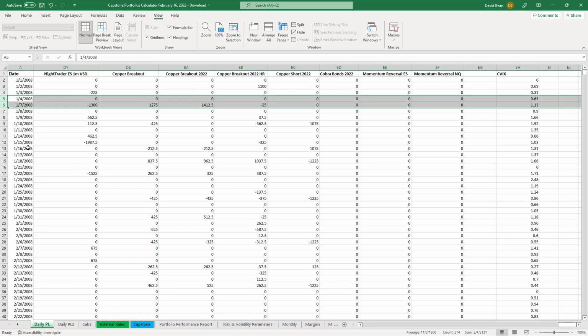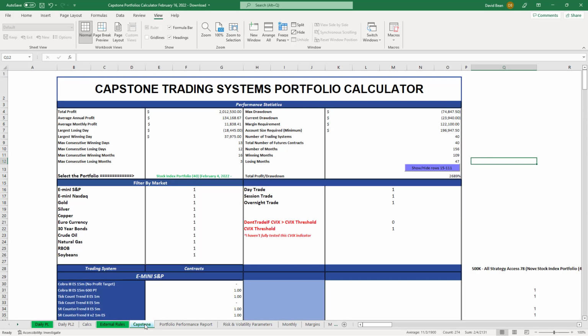I did that because I anticipated potentially putting Bitcoin or cryptocurrency data in there, which trades 7 days a week, but I don't anticipate doing that anytime soon. So this is just for futures, and we're just focused on Monday through Friday futures. We've been able to make this workbook smaller, focusing on Monday through Friday and just going back to 2008,